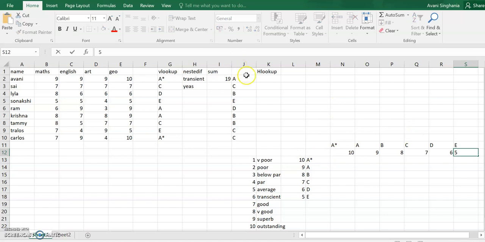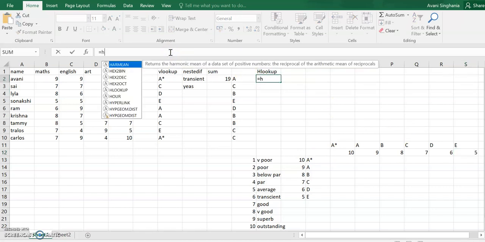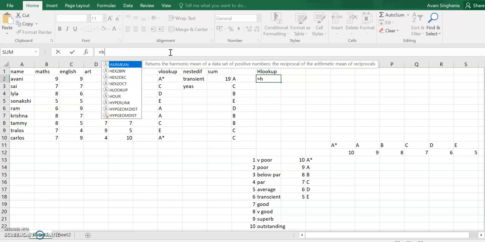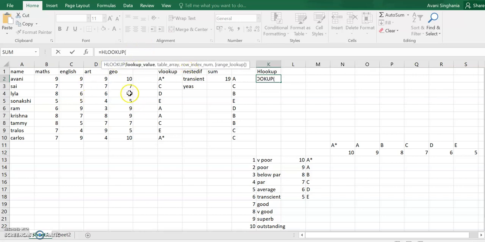If we have that and we do an HLOOKUP, we do equal to HLOOKUP, and we select that. So you do lookup value. For example, if I want to look up this,